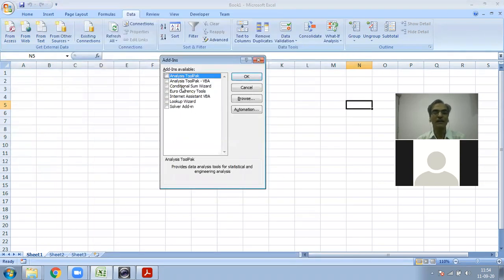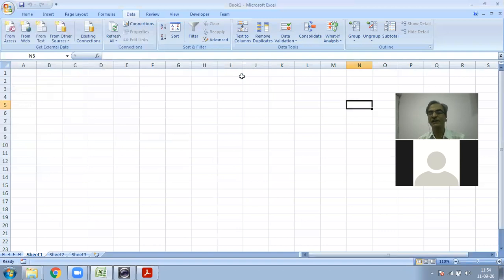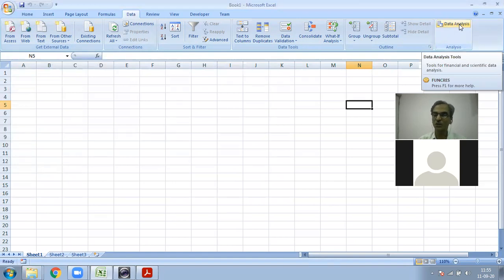It will open a new pop-up window about add-ins. Select the Analysis ToolPak and Analysis ToolPak VBA add-ins. Click OK. Automatically it will install the data analysis tool pack. Now if you click on the data tab and look at the right of that window, you can see the data analysis button. Now the data analysis tool pack is already installed in our Microsoft Excel, so we can use various data analysis techniques from this add-in to perform statistical analysis.